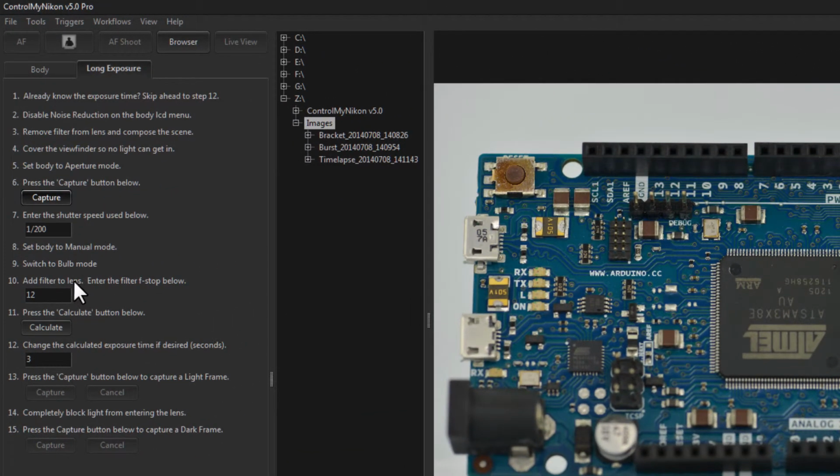Let's go to long exposure. And this allows you to capture a bulb image in ControlMyNikon. Now, some older bodies did not permit tethered bulb control. However, newer bodies like a D800 do. So using long exposure, it just guides you through capturing an initial reference image, and based on that information and the f-stop of your filters, then calculating how much your final long exposure time should be, and then you can